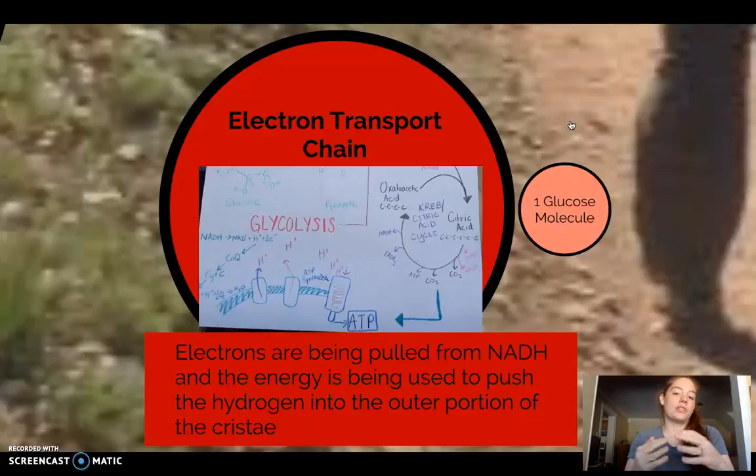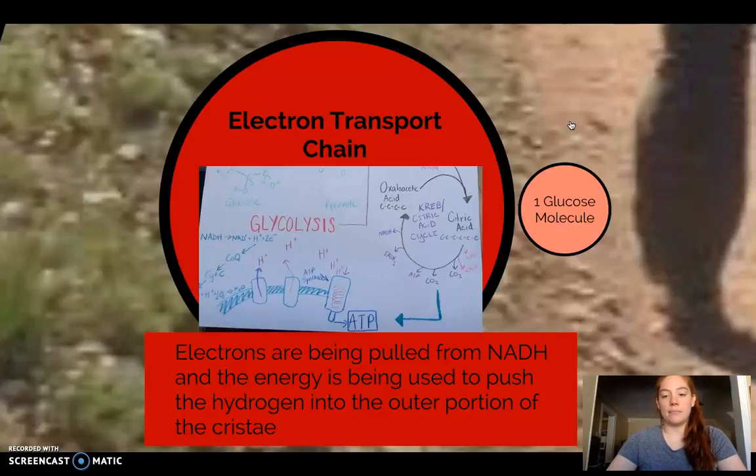It's kind of spinning it around and pushing them together to create ATP, which is where the majority of our ATP is being produced. So those NADHs, you can see, are providing the energy for these hydrogens to be pushed into the outer membrane. That's why they're very important. We produce some all the way back in glycolysis, and we produced some in the Krebs citric acid cycle. They're super important to give us energy to push the hydrogen, so they have to go through the ATP synthase